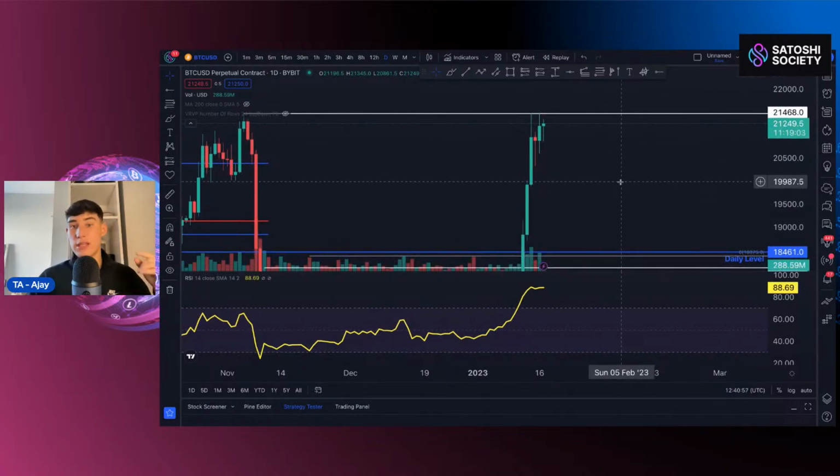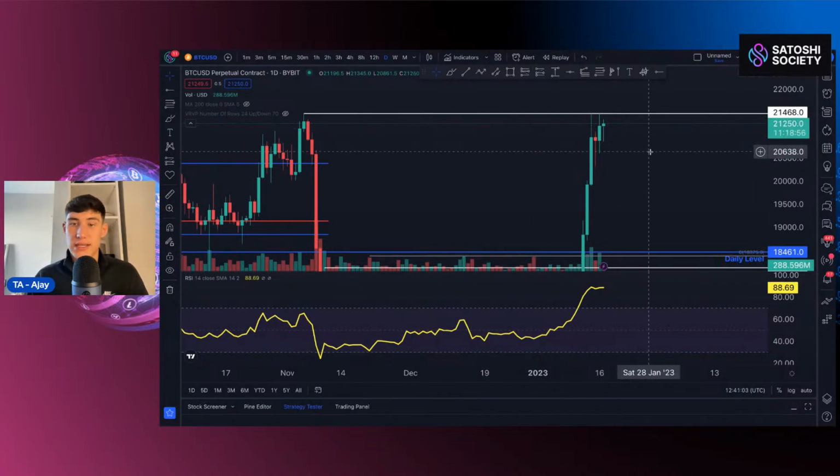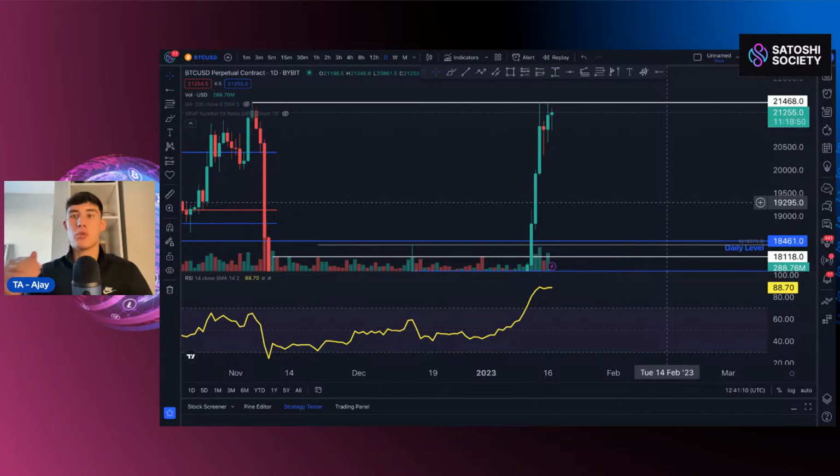And the other scenario, the one that I think will most likely play out, is that we just don't make it above this $21,468 and we have a pullback from here. We have a correction from here. We do need this correction. As much as I would like the price to continue to push towards the upside, we do need to have